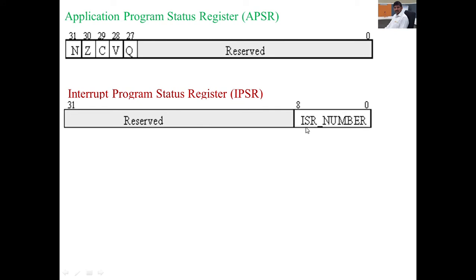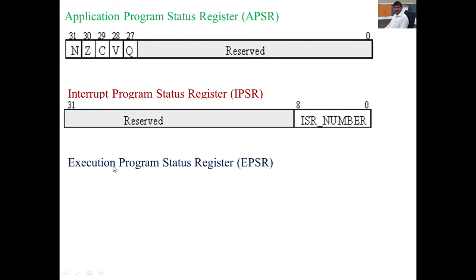ISR means interrupt service routine, which defines what we do after an interrupt occurs. That will be defined in the instructions. Those groups of instructions are stored in a particular memory location, and that memory location address is indicated by this ISR number.